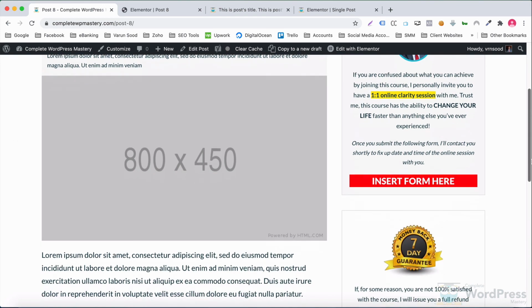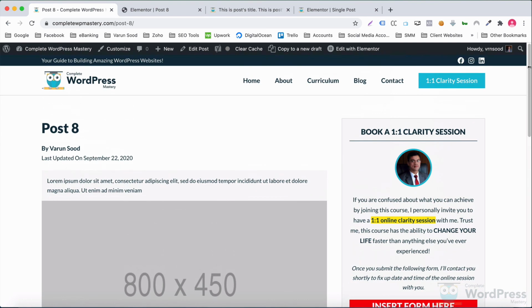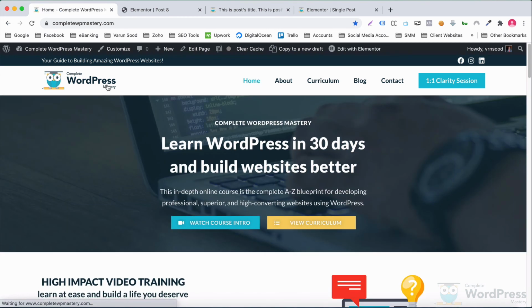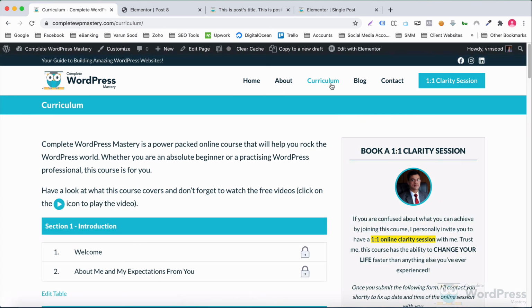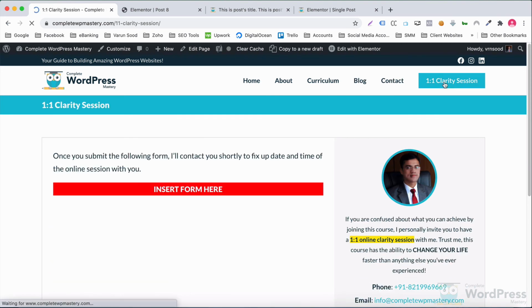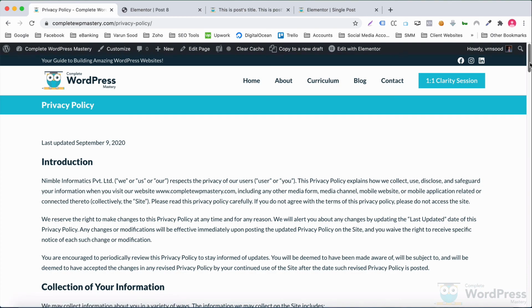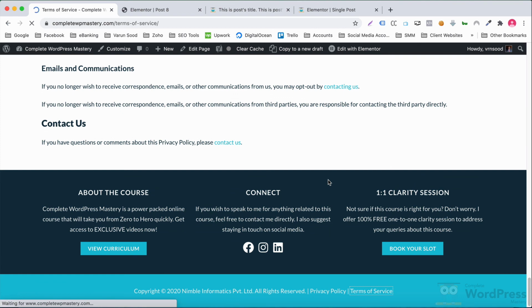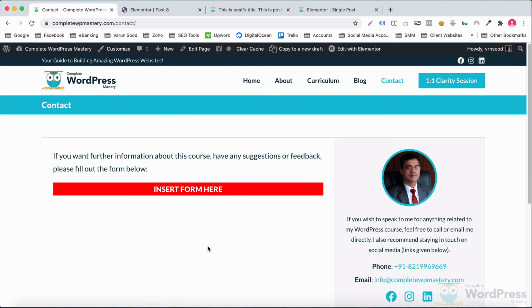With this, we have wrapped up our blog section. We created 3 templates, one for the blog posts archive, one for blog categories archive, and one for single post. All our website pages are now complete. The only thing left is our forms. We'll create the contact form and embed it on the contact page in the next video.